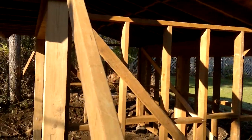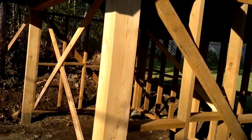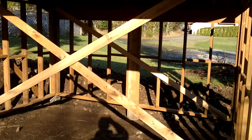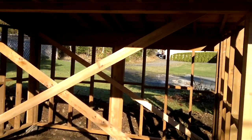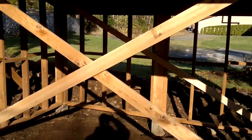So once you get all your walls and everything, before you start framing the roof, you want to make sure that you plumb up all the corners and make sure this is square and braced. And you want to leave that on until you get your roof. And then once you have the roof on,